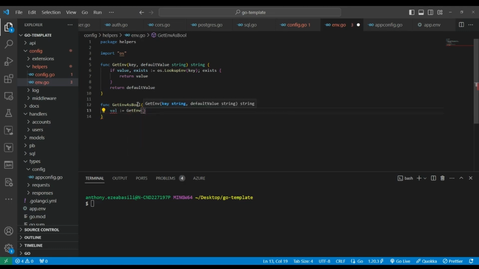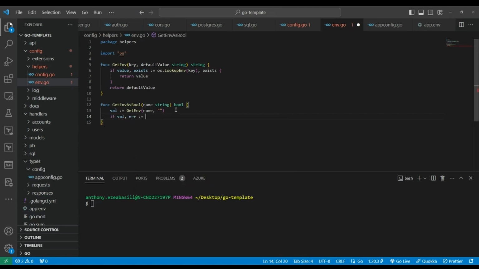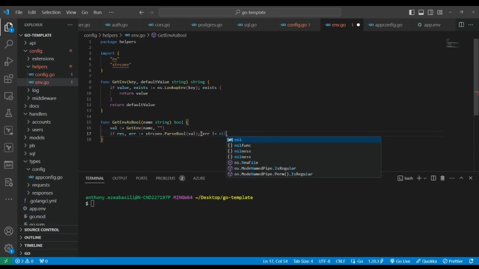That's it. And so I can call this value, and then we try to get what was passed. So we use a function we have above, and we apply this name here, and maybe provide an empty string. All we're trying to do is to parse this value. So let's say if it's called strconv ParseBool, we provide our value. Maybe I call this result. So if the error is not equal to nil,